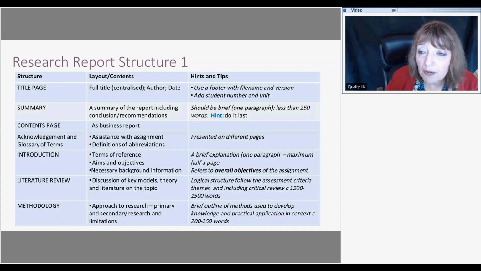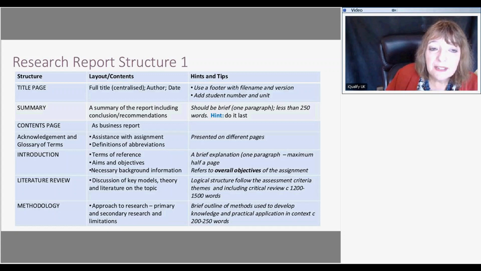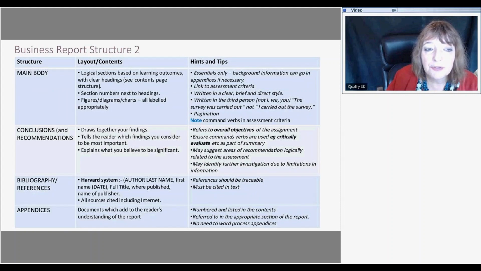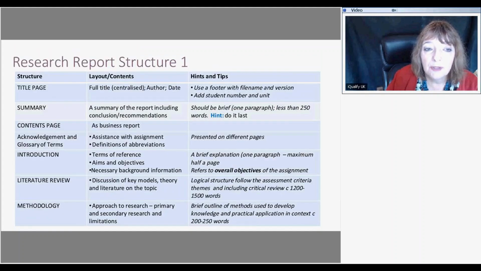So that was on the basis of doing a business report. This is on the basis of doing a research report. And what you will see here is that the emphasis is much more on the academic. Whereas, just go back here, we had a simple introduction and going on to the main body, etc. In this example, the research report, we've got much more about the literature review and the methodology. So although the overall word count may be the same, the emphasis goes on that approach.